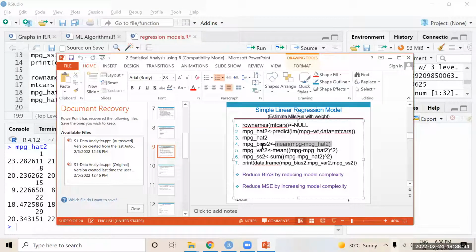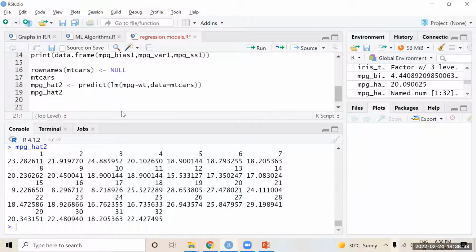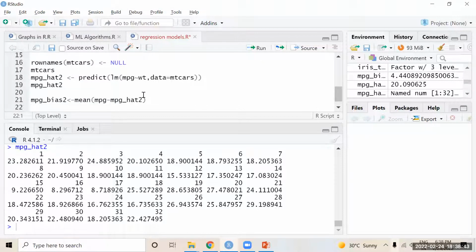Next, I'm calculating the mean. The model's predictions are stored in MPG hat 2, so MPG hat 2 actually contains the model's predicted values, and MPG is the original value.